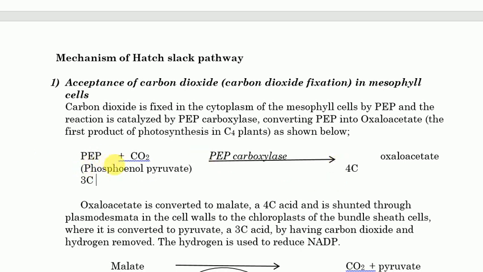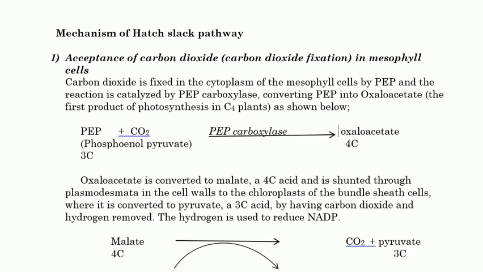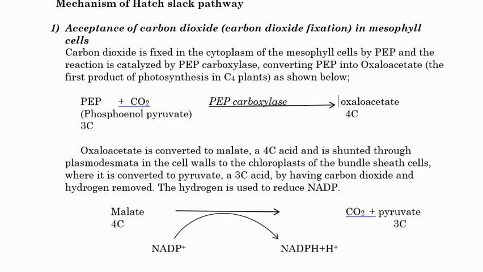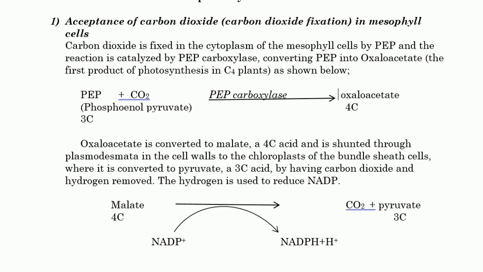So PEP, the 3-carbon compound phosphoenolpyruvate, adds carbon dioxide, and with PEP carboxylase we get oxaloacetate, which is a 4-carbon compound, a 4-carbon acid. So that's the first stage. Then oxaloacetate is converted to malate, a 4-carbon acid,